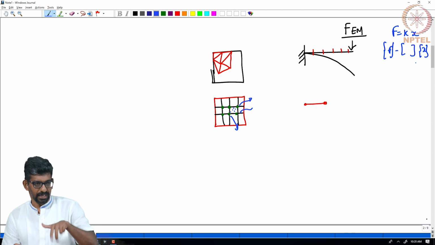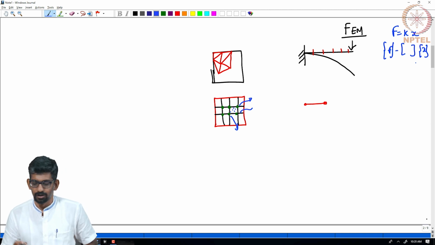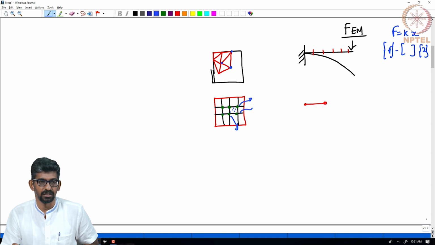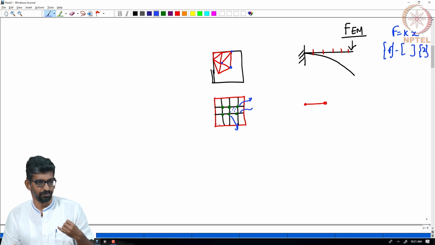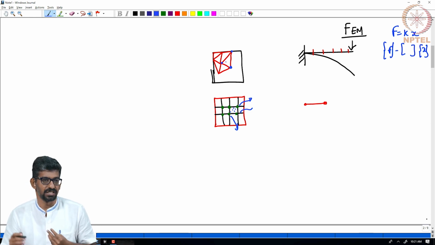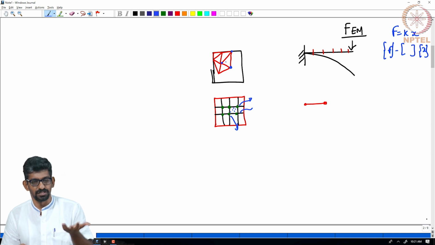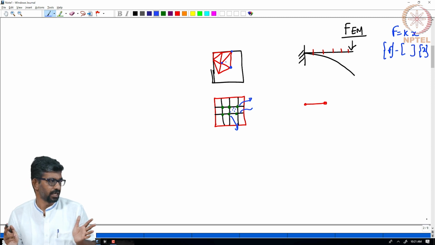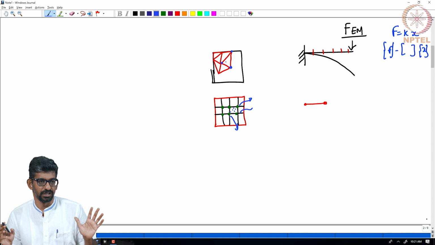There is a nice geometric way of looking at the same problem. What you are actually trying to do is, what is the difference between a triangular element and a rectangular element? The triangular element requires only 3 nodes to describe it, whereas a rectangular element requires 4 nodes. What does that mean? I give 4 nodal information for this element, meaning I will have to calculate 4 nodal values, which means I need a higher order equation. There are 4 unknowns, whereas in this case there are only 3 unknowns. Just now we saw with 2 unknowns, for a linear line, you can only approximate a linear fitting.